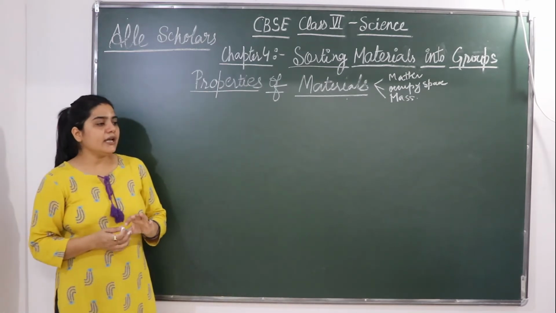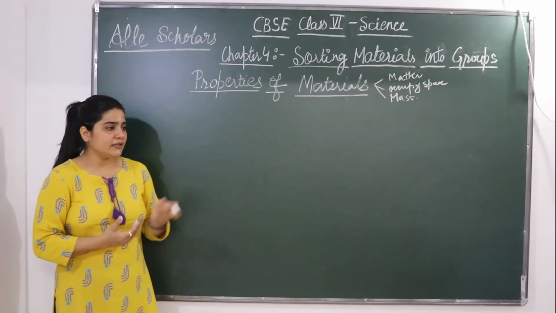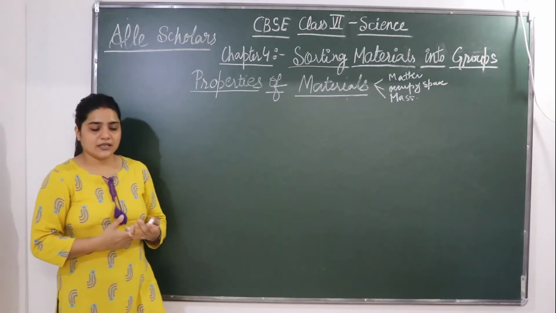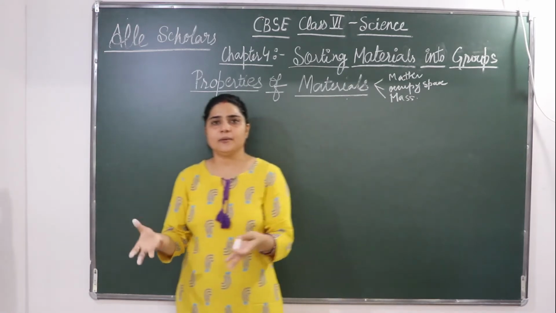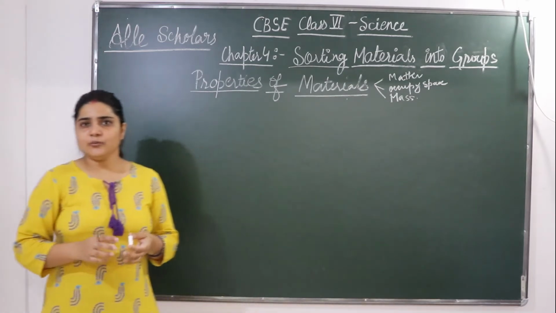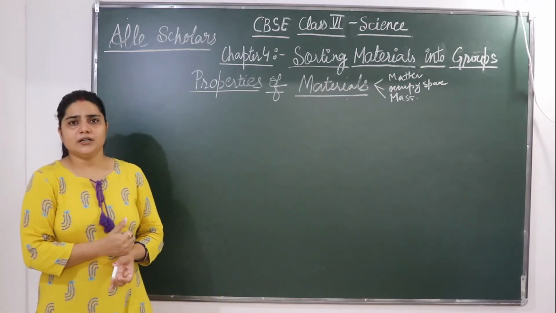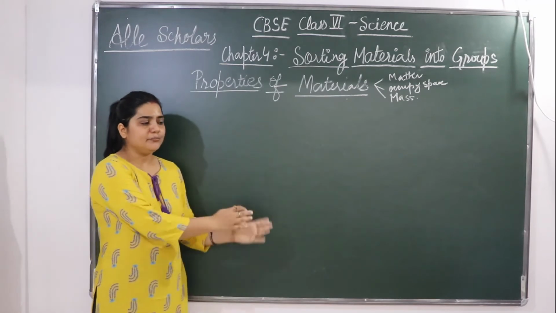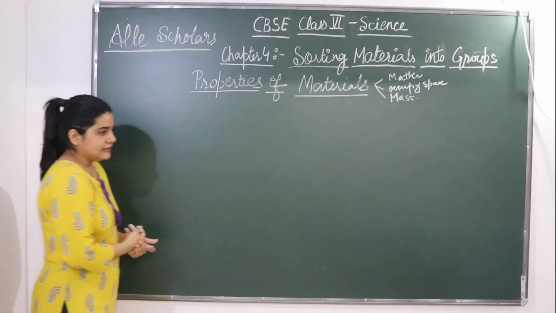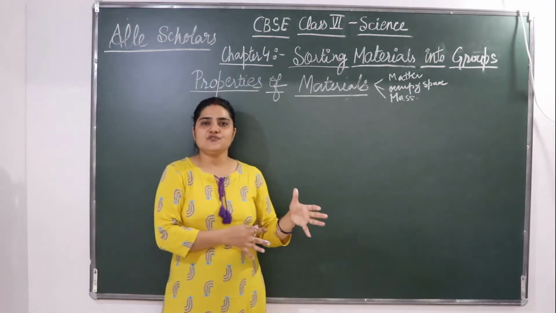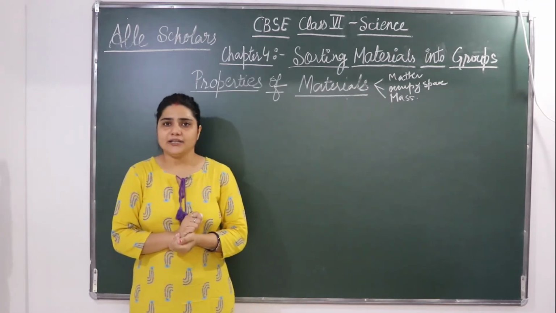Okay? So similarly, it would not be wise to use paper-like material for cooking vessels. Can you use a paper material? Paper bowls or paper pans, can you make those for cooking? No. If you are going to use them for cooking, they will be burned. So that's why some metal is used. That metal can be anything. Okay. So why have we chosen a particular material for a particular object?